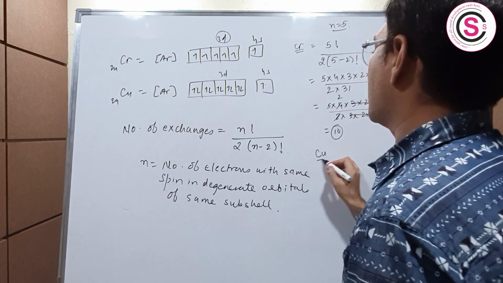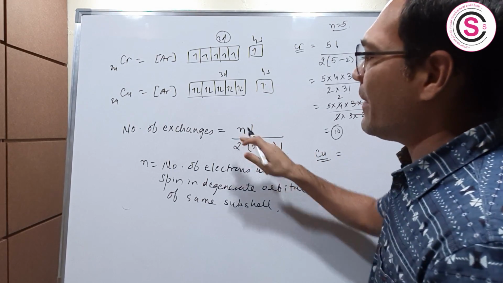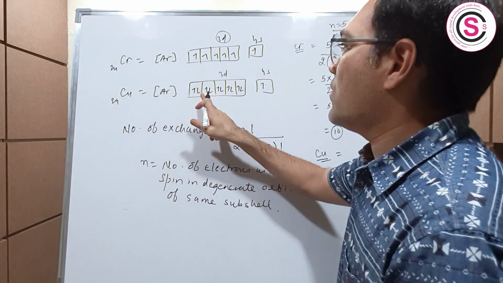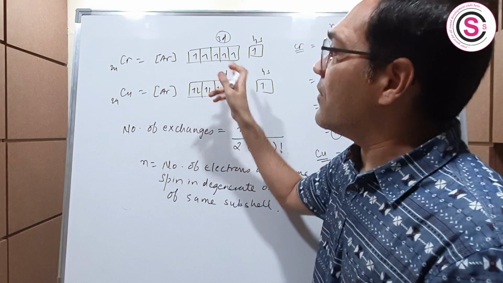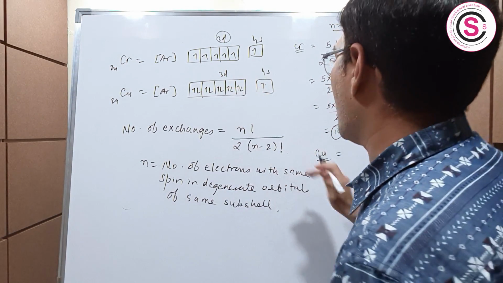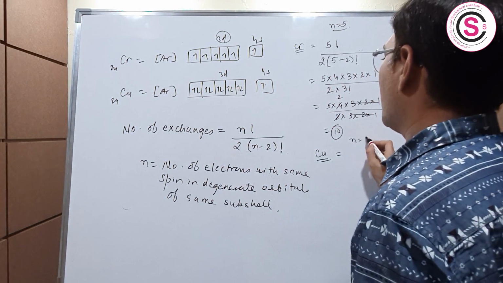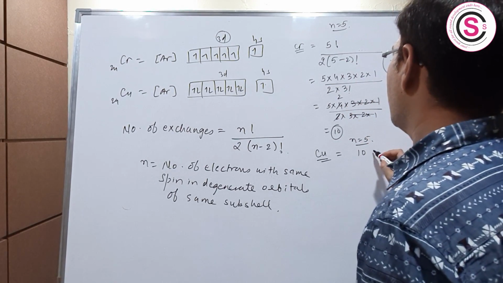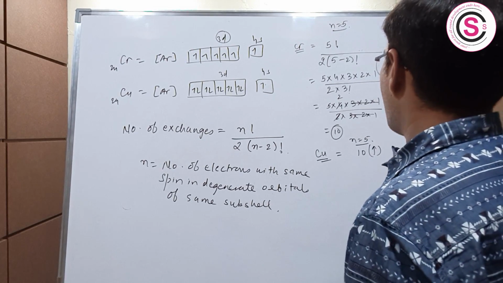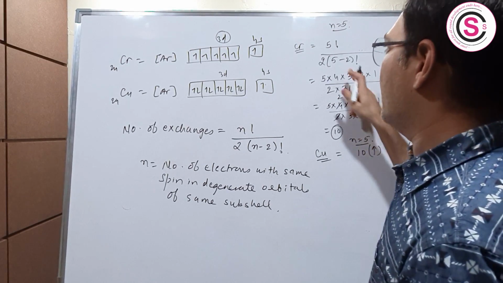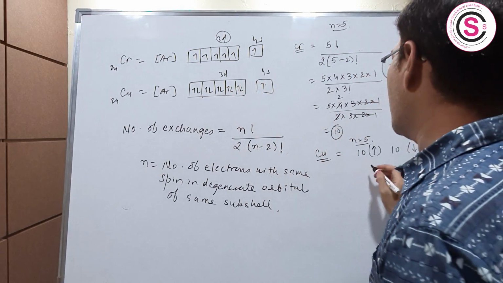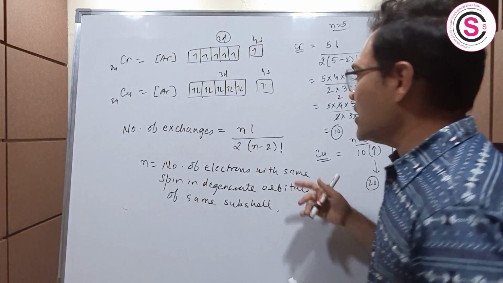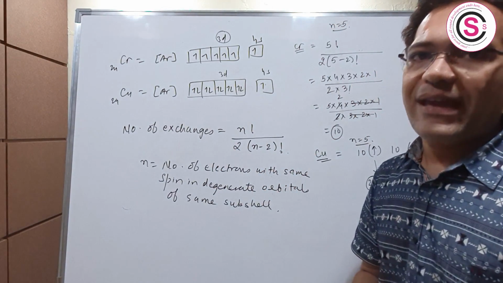Now let us calculate in case of copper. So copper, students, what will be my n? n will not be 10, because n is the number of electrons of the same spin. So 5 electrons you have of the same spin and another 5 also you have of the same spin. So first we will calculate for upspin electrons. Because n is equal to 5 for upspin electrons, we calculate the same way. The number of exchanges will be 10. This will be for upspin electrons. And students, for downspin electrons, again it will be 10, because there are 5 electrons of downspin. So total, if I make, there will be 20 exchanges. Okay. So based on this formula, you can find out the number of exchanges.